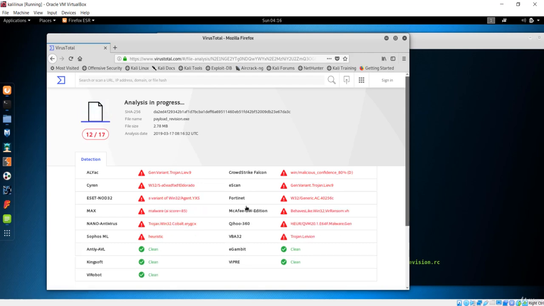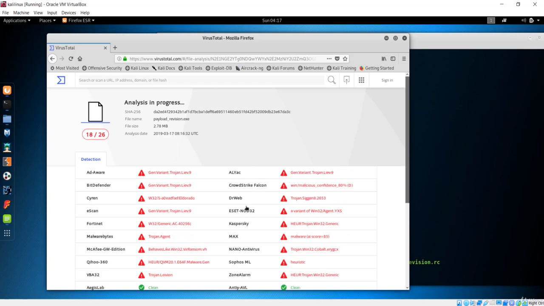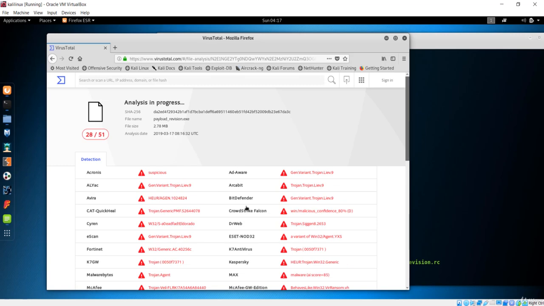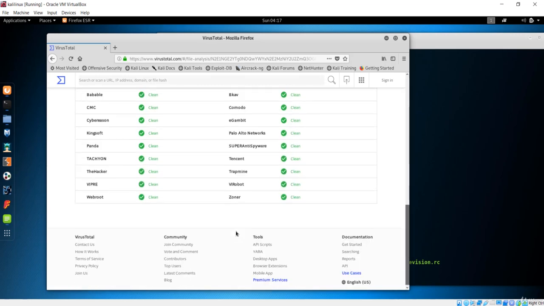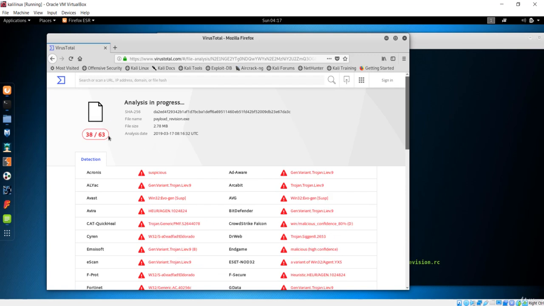Okay, clearly it is also quite a failure, because 14 out of 20 have detected, and again McAfee and Kaspersky and everything has detected. So you can clearly see this is also not proper. We just managed to put it under maybe 40, or it will just touch 40.